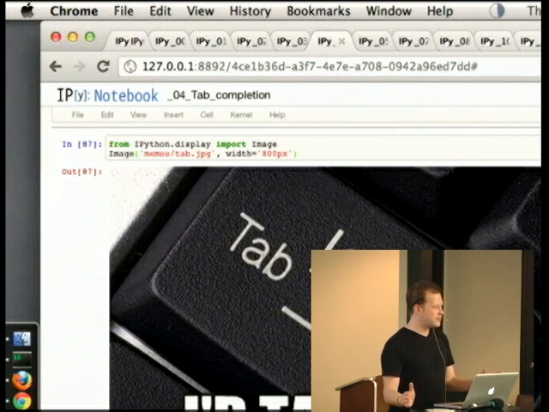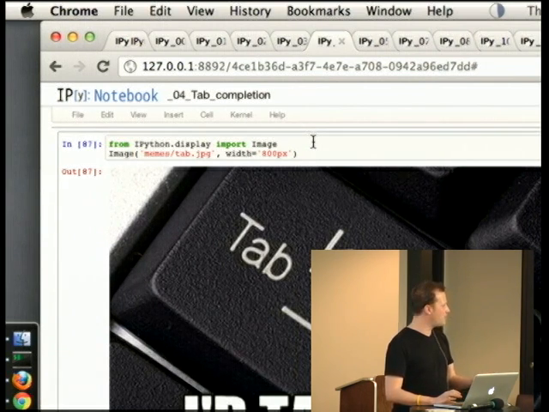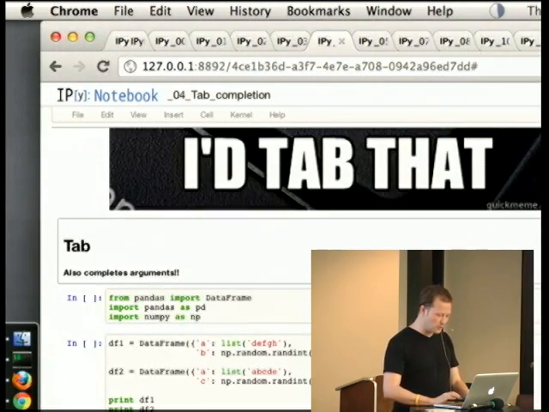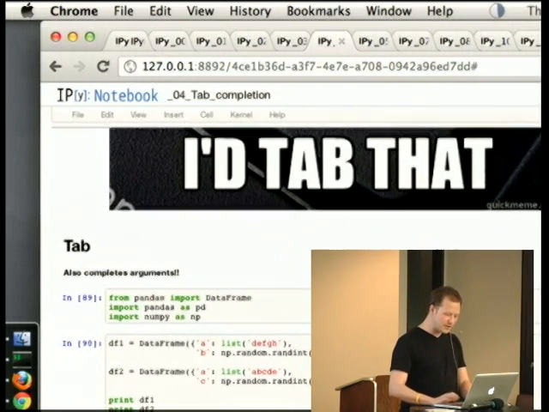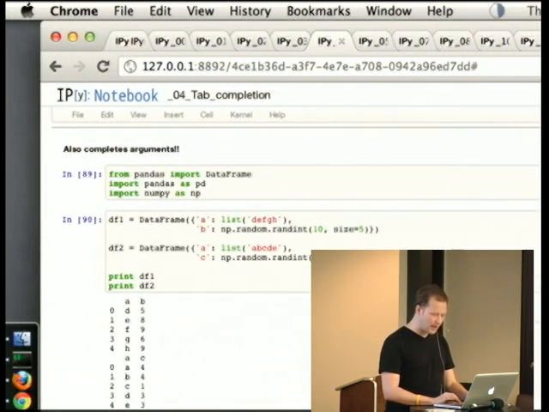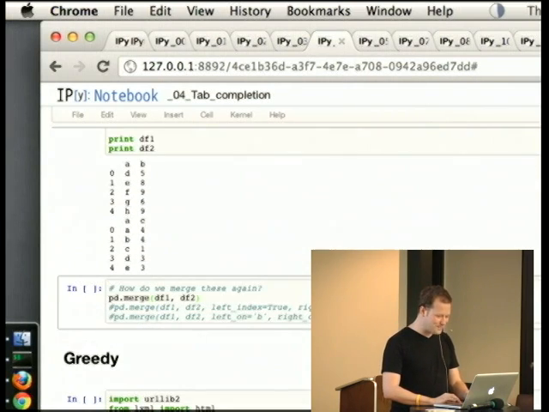Now, I've covered some of the tab completion things a little bit, but I got to say that when I first started out learning Python, if it wasn't for iPython and the tab completion, I think I would have switched to something else. But it's really, really cool. And one of the nice things about it, and to use another Pandas example, is that you can call tab completion